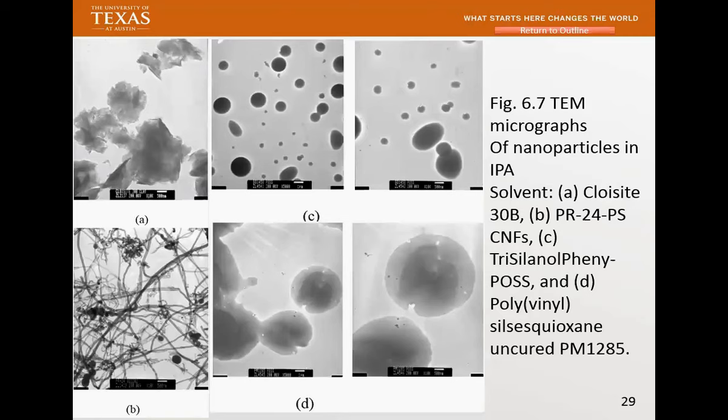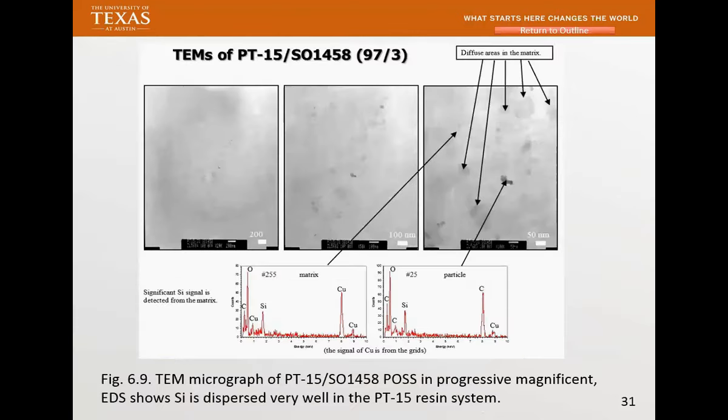So this is something that we use, this is POSS. When they sell it to me, they say it's nanoparticle, and I see that, well, these are actually microns. They're very large. But the trick is, if you use the right one and the right surface treatment, it will turn into nanoparticles. Okay? So this is an example. This is something we did. There's a styrene ester, one of the resin systems we use, and we put this POSS in there.